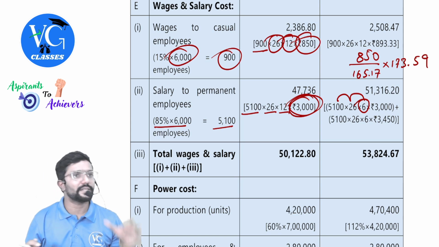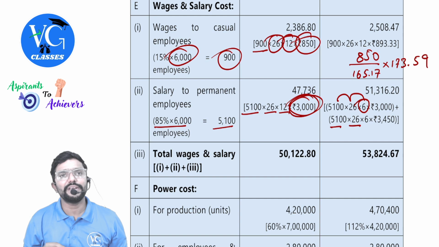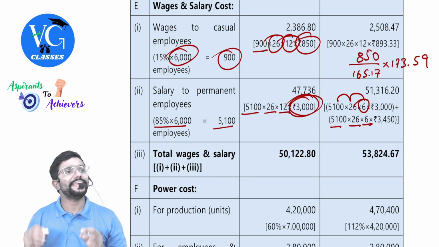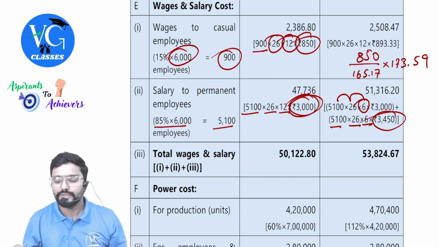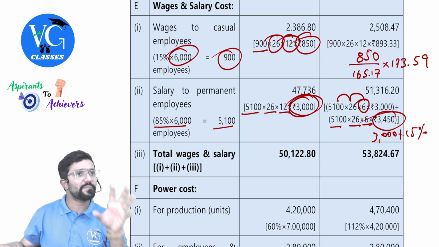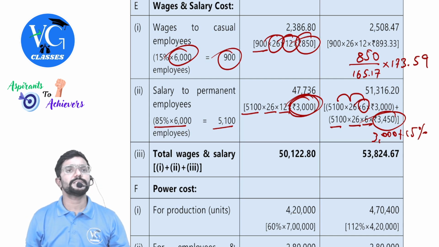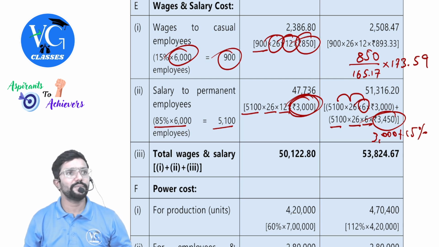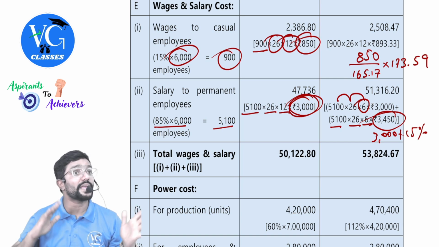Whereas coming to the second half year, that is from 1st July to 31st December, guys. 5,100, same worker, work for 26 days a month into 6 months into 3,450. Sir, how did you get it? How much increase? 15%. 3,000 plus 15%. If you want to write it clearly there, 3,000 plus 15% from 1st July. That means for 6 months, that is 1st July to 31st December. Please be careful. Don't follow financial year here. If it was financial year, they would have clearly mentioned. They have just told 2024, 2023. That means it is a calendar year.